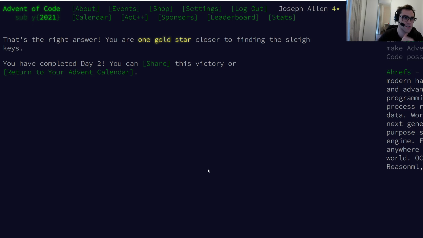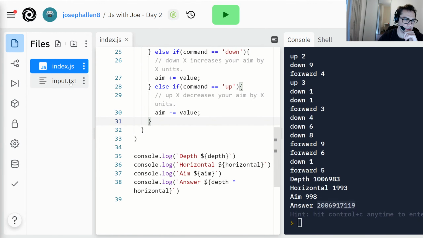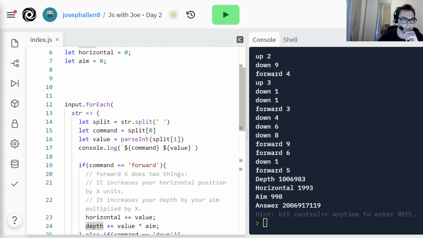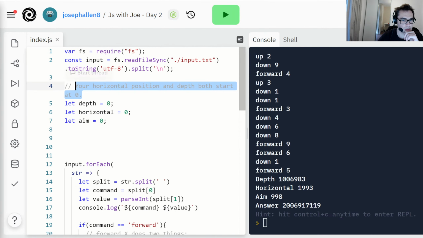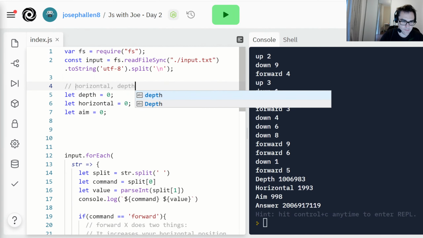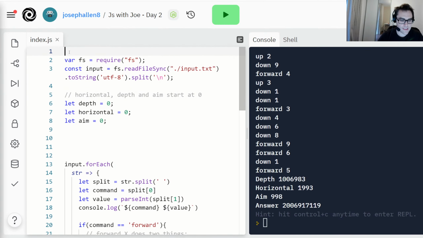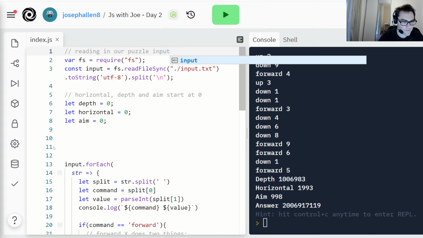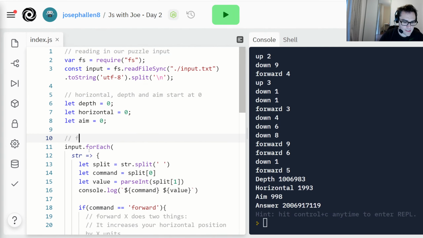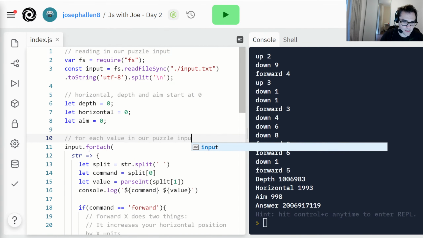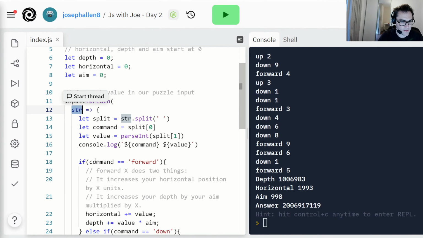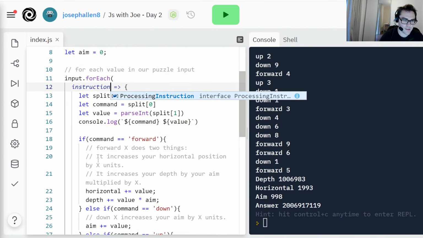I don't know if there's anything else I'd tidy up. I mean, if anything, I'd probably get rid of a lot of these comments, I suppose. So let's say horizontal, depth, and aim start at 0. We've got this bit reading in our puzzle input. This is for each value in our puzzle input. I suppose string is probably not a great input here, so why don't we call that something like instruction,